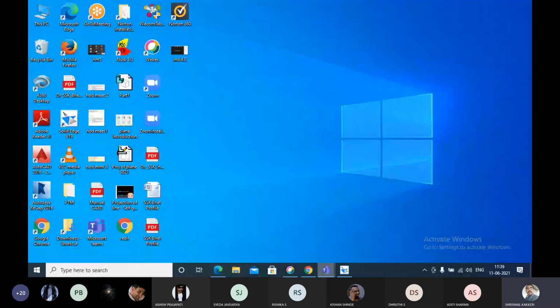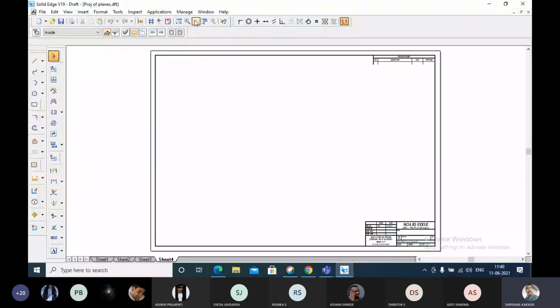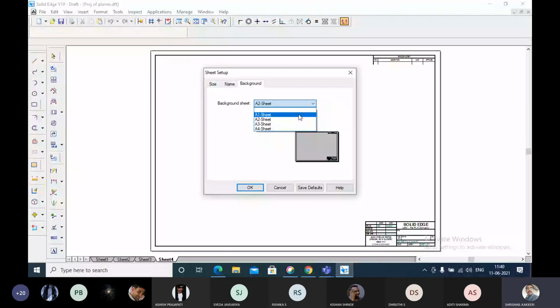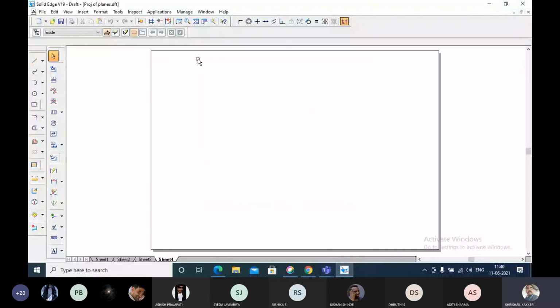So we already did this problem, but by taking the angle. Do you want me to do the problem once again? I'll do this problem once again, so you can understand the other methods also. I'm going to do the sheet setup, and you are open to ask your questions and doubts. If you want any kind of videos, I'll make and send them to you. In between the class, if you have any doubts, I'll help you understand.